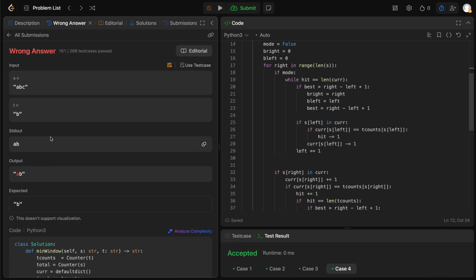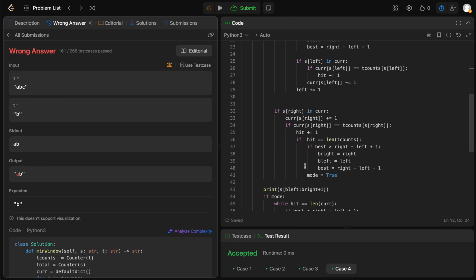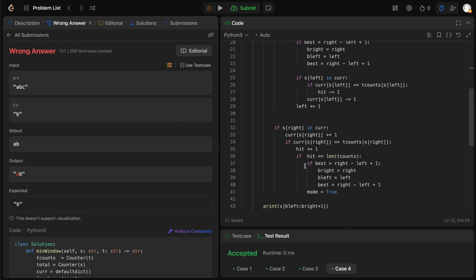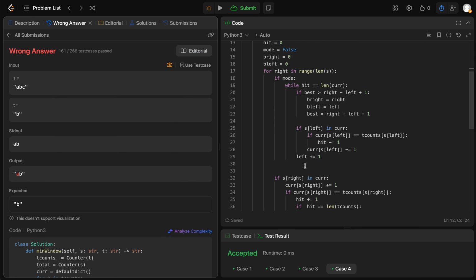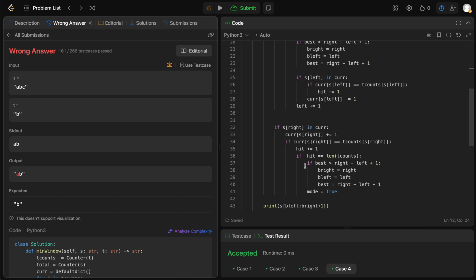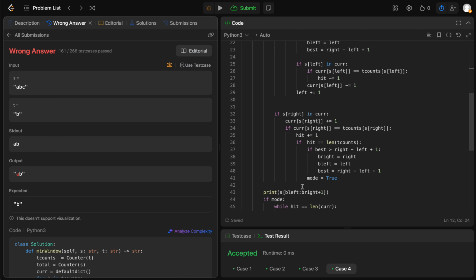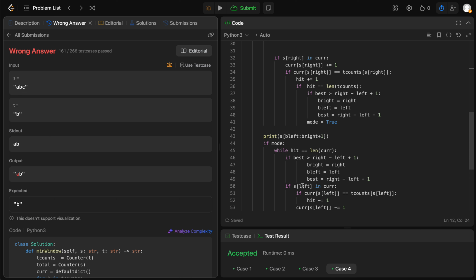Okay, so I have just B. So I switch the mode and I have a B, and if mode is equal hit, well, this is true, best, and best is,